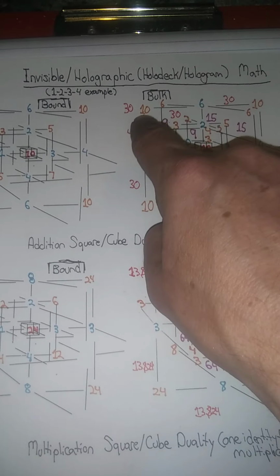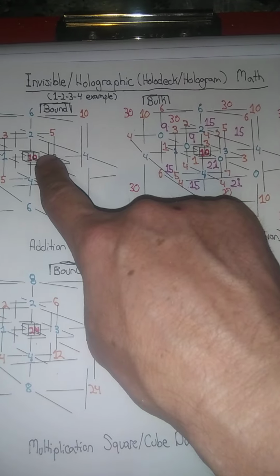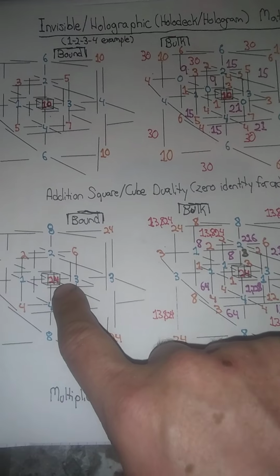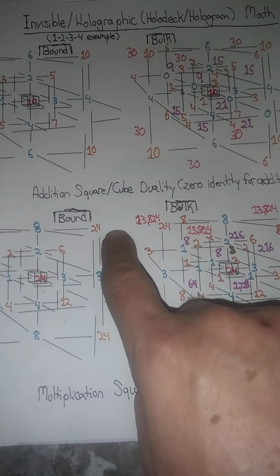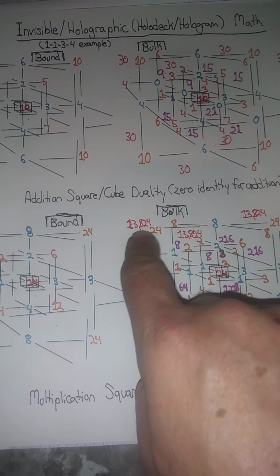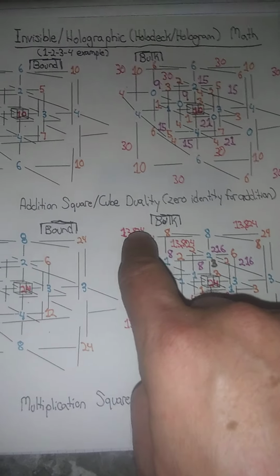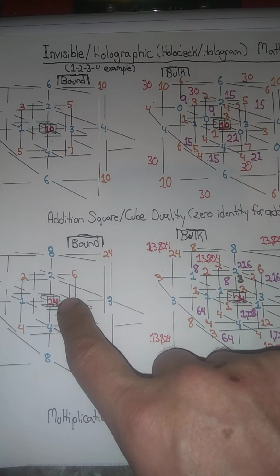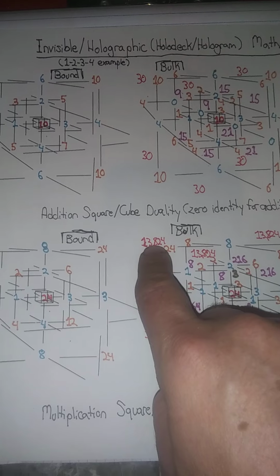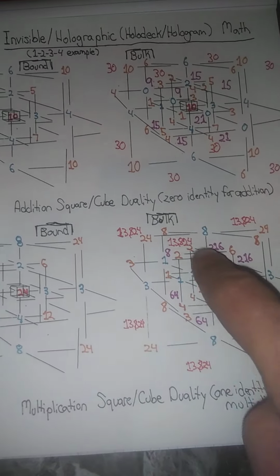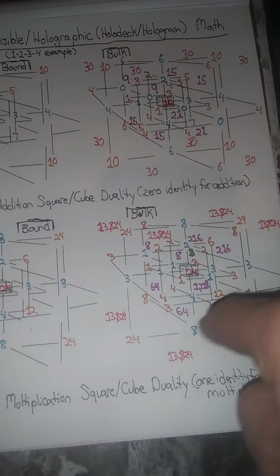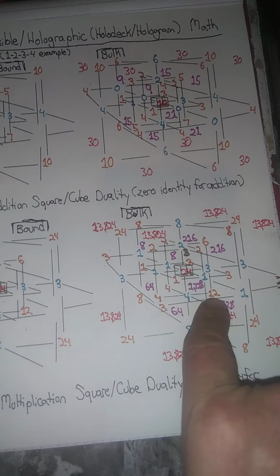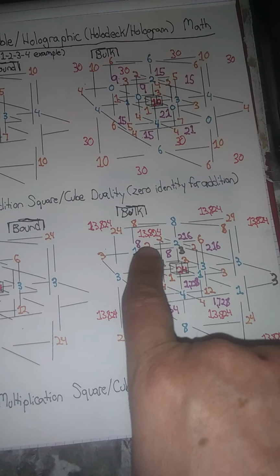10 plus 10 plus 10 is 30. And in multiplication, 24 multiplied 3 times. 24 times 24 times 24 is 13,824. So the inner hologram numbers are related to the outer cloaking numbers, and in between are the holodeck numbers, the purple numbers, and you'll see that they both have equal preferred angles of incidence,